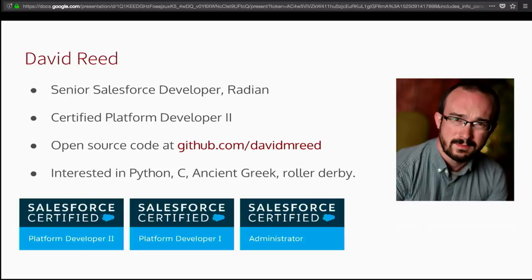A little bit about me. As Alex mentioned, I'm a certified platform developer 2 here at Radian. As a side note, I should say, this is not an official Radian talk, so please don't take anything that I'm saying as an endorsement by Radian. I also have a GitHub that you can see here. All the code I'm going to show you today is available on GitHub, so you can grab this and use it for yourself. You can create your own CI workflows based on what I'm going to show you. You can throw them away and start fresh, whatever you see fit.